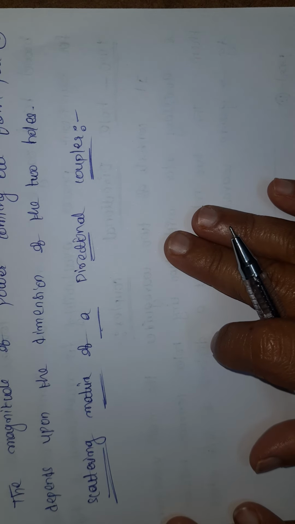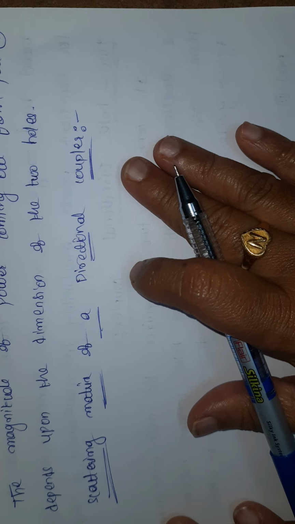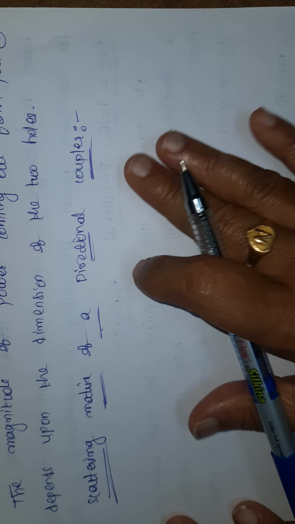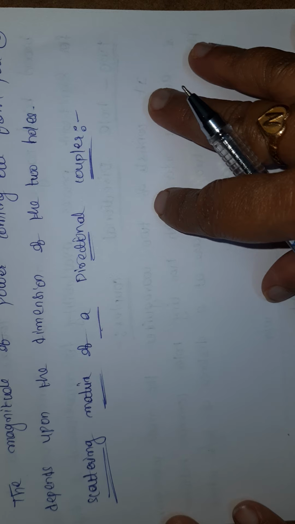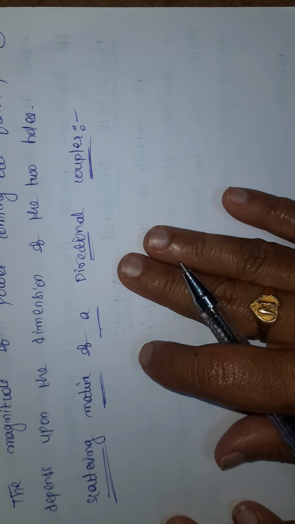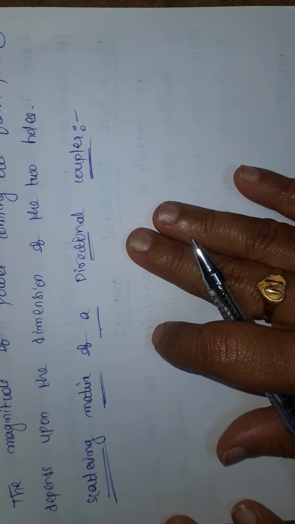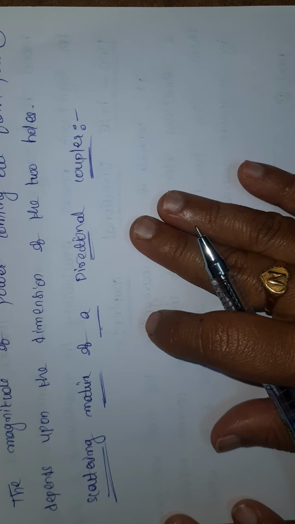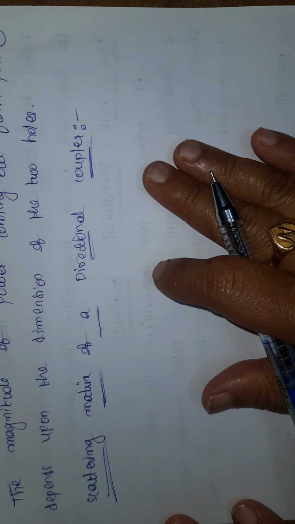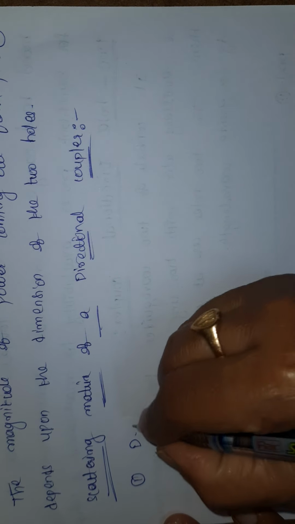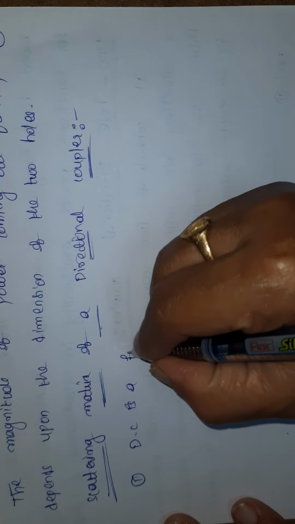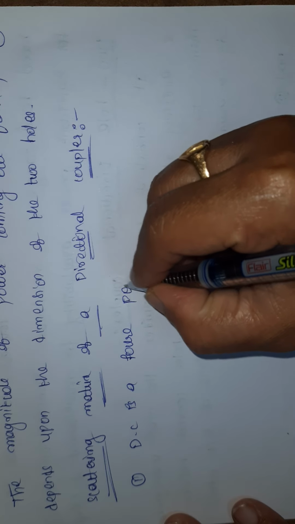We know that if any junction or system has ports, the number of ports is equal to the order of the scattering matrix. I already told you that the directional coupler has 4 ports, so the order of the scattering matrix will be 4 by 4. So the directional coupler is a 4-port network,